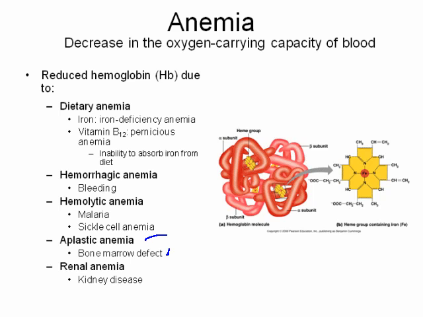Aplastic anemia is due to bone marrow defect, where we have a failure to produce mature red blood cells. And part of that maturation process is the formation of the hemoglobin. Renal anemia is due to kidney disease. There is a substance, erythropoietin,